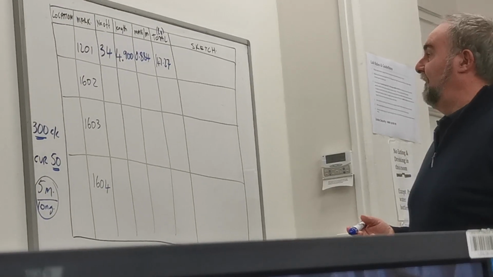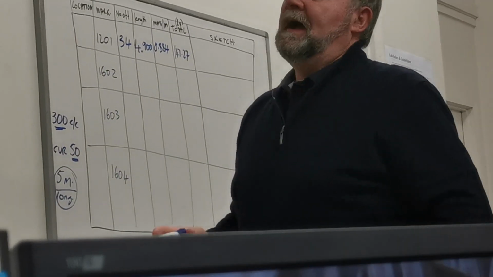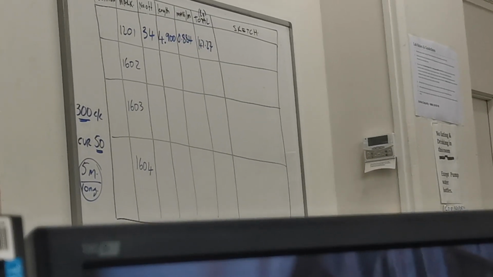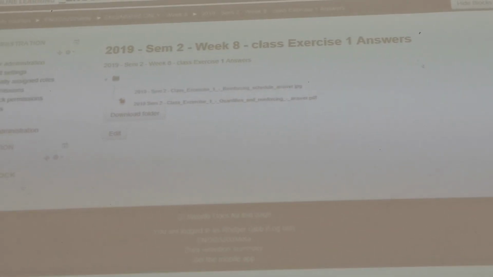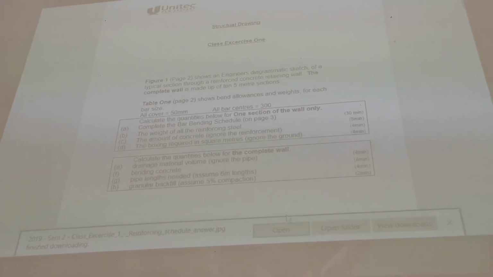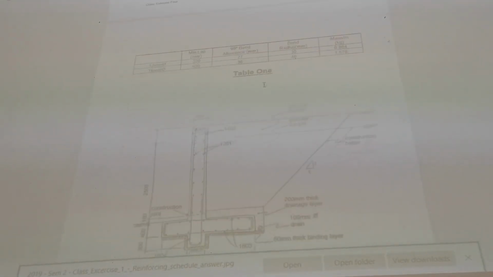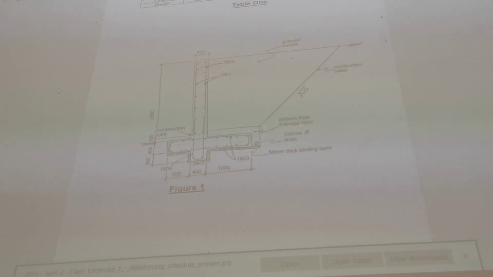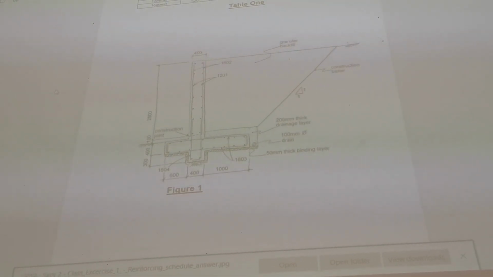Okay, now the other two things we need to fill in is the location. Sorry, we've somehow lost the thing on the board there. I'll put it back again. The location is... right, so the location of bar number 1201, it's on the near face and it's on the far face, so